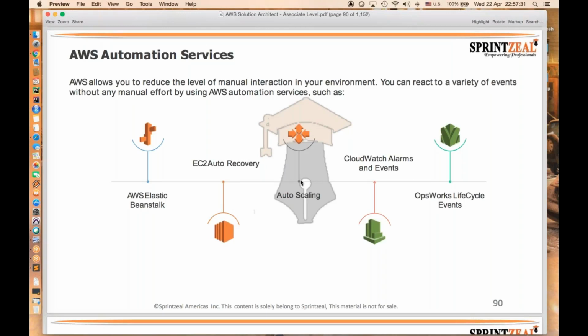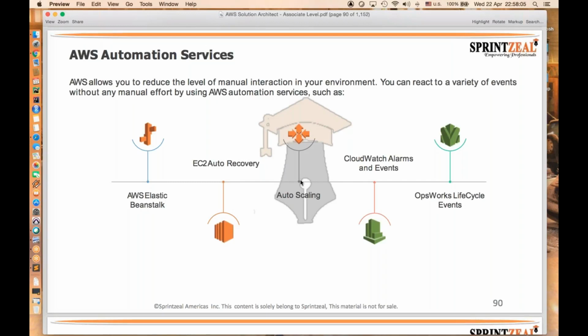EC2 auto recovery, as we discussed earlier, comes into play if any failure happens and data is lost. EC2 auto recovery knows how to take the backup from the existing replicas of that particular instance which have already been configured, and it takes care of the recovery. And auto scaling, as we discussed, scales up and scales down depending on the workload put on the server.